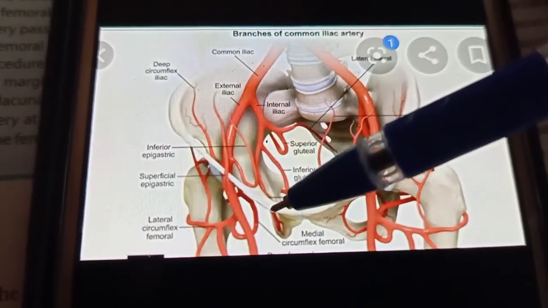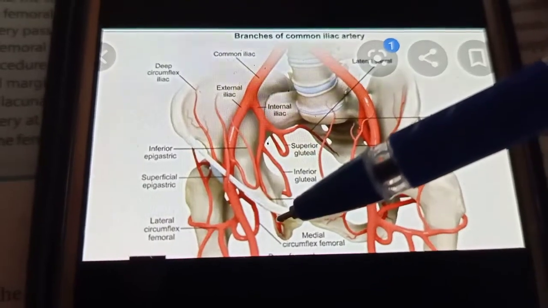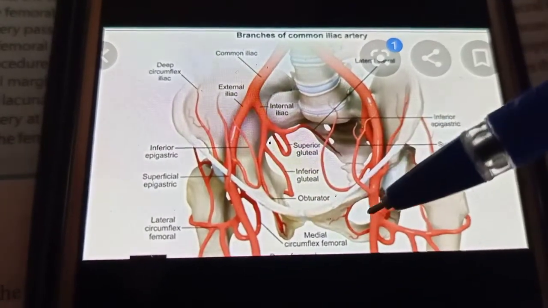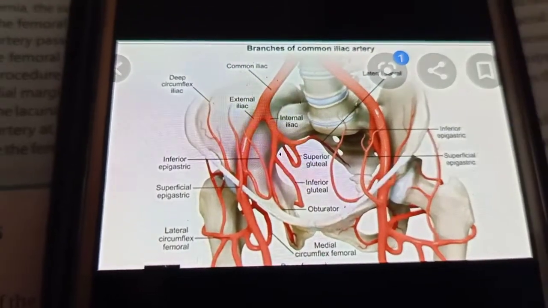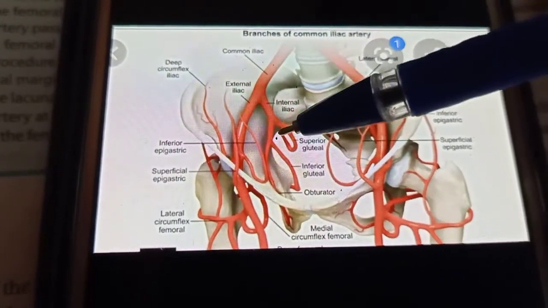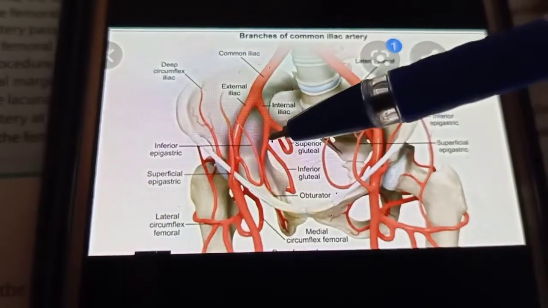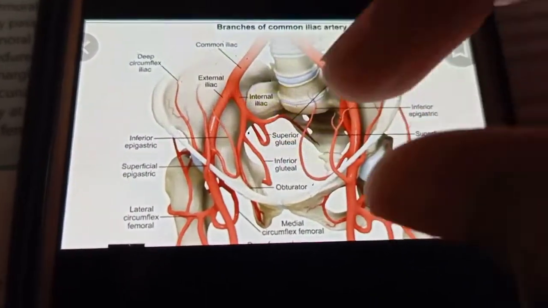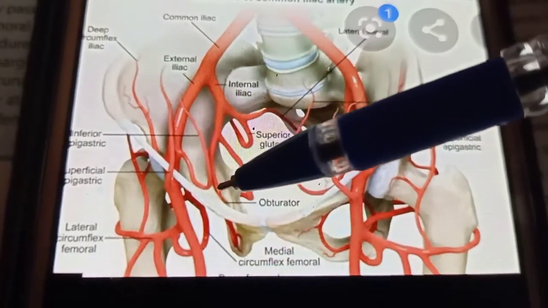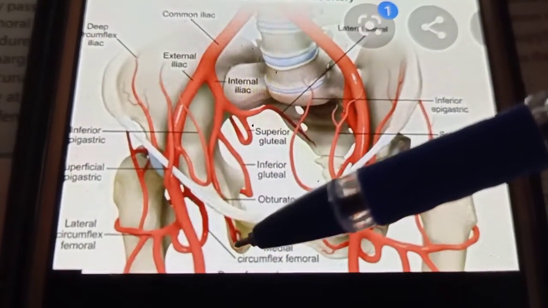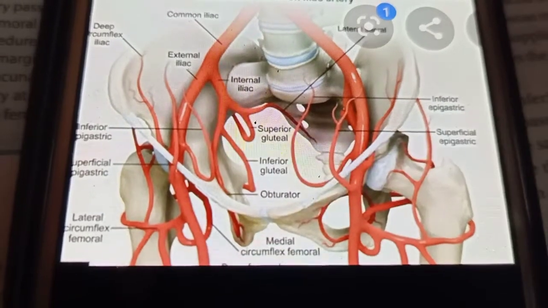See, you can go. It is going down, and it is dividing in the obturator canal. See, this is the obturator canal. It is dividing into anterior and posterior branch. Yes, this is coming from the lateral walls of the pelvis. You can see here very clearly on the lateral wall of the pelvis. See, it is going down, reaching the obturator canal, divided into anterior and posterior branch.